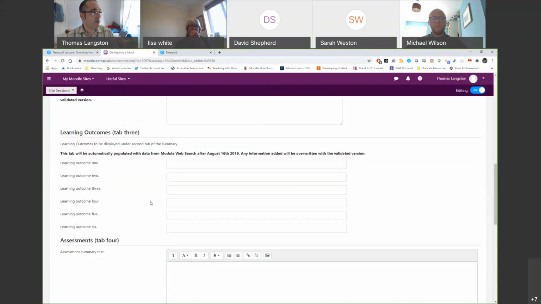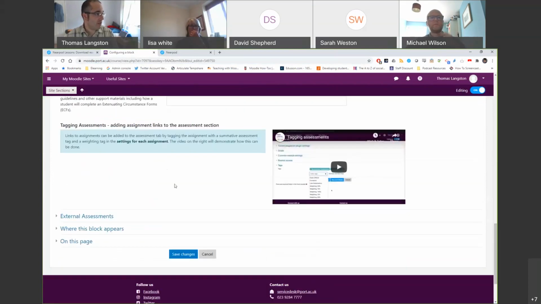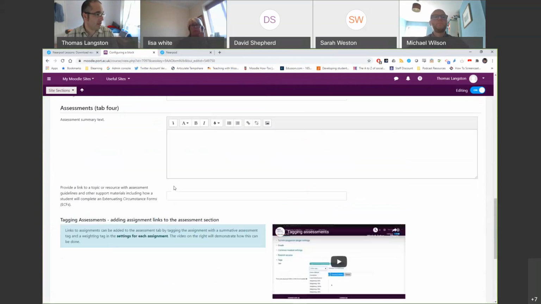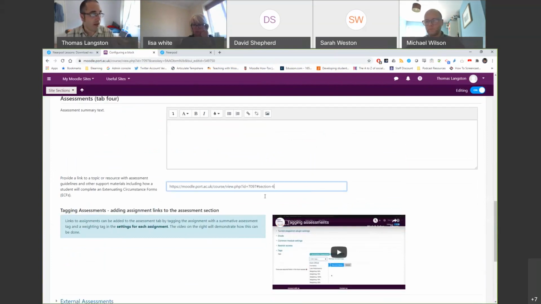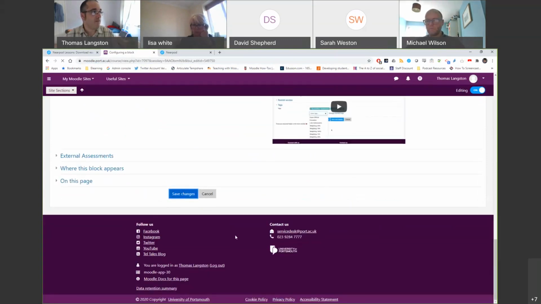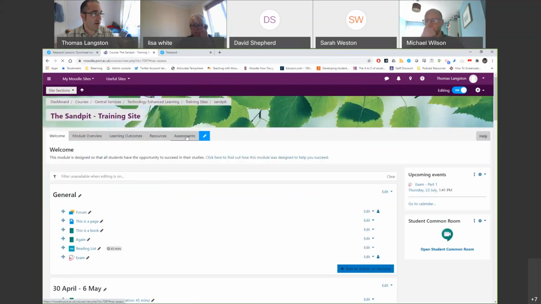I'm going to go down to the assessments tab 4. So in here, I can provide a link to a topic space or any other resources. So it could be to another website if you wanted to send them to the unit module web search or something. Save changes. So now the student will see under their assessment tab,